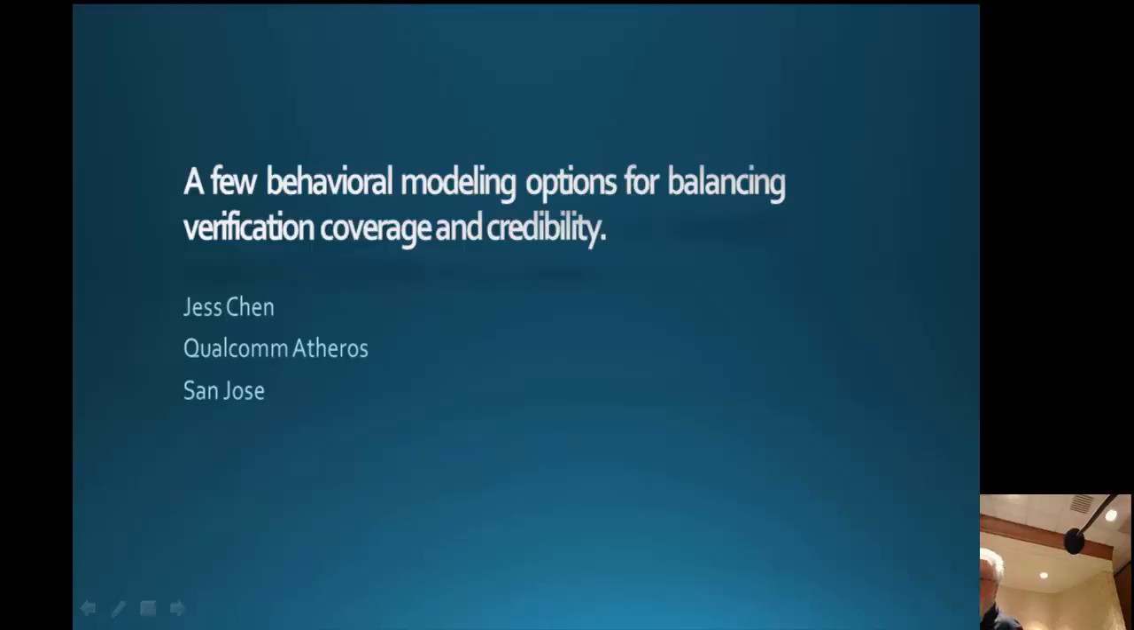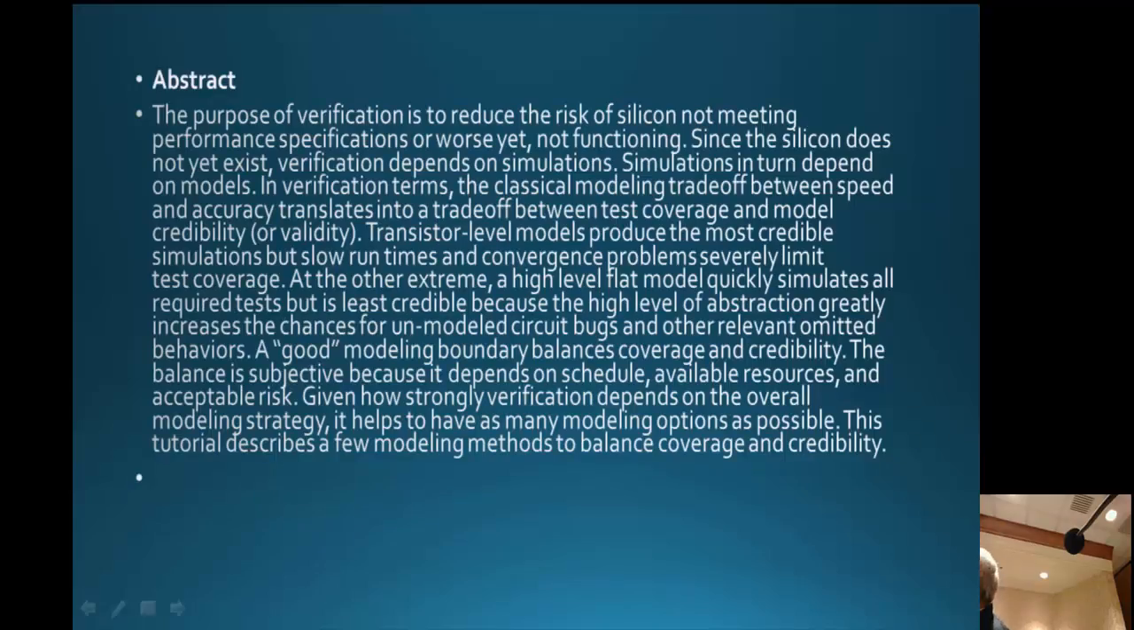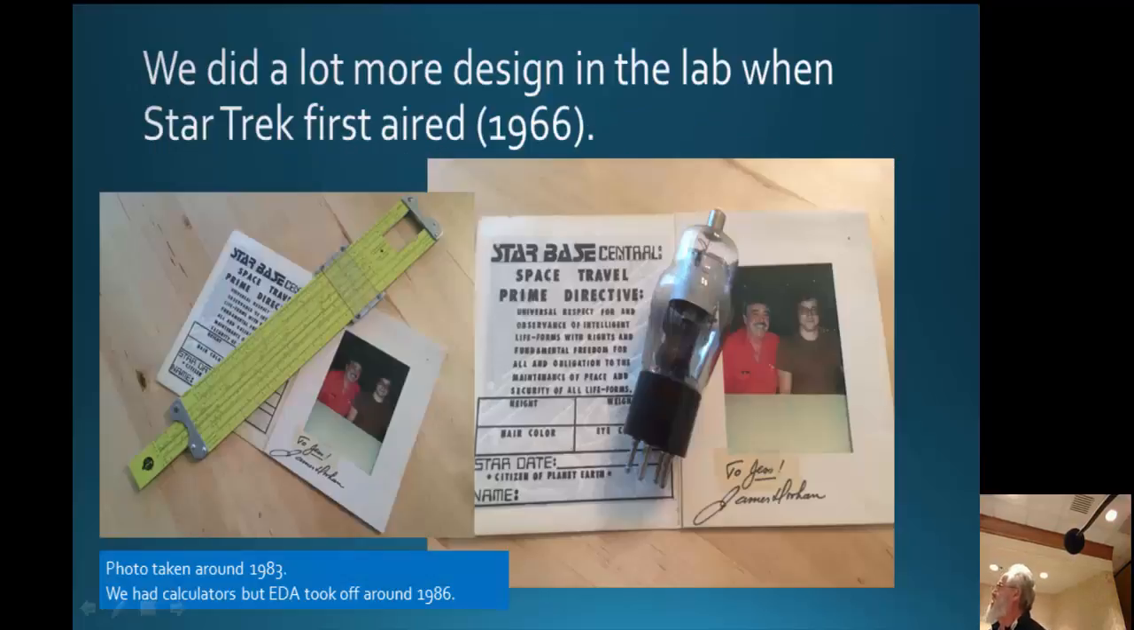Okay, so what I'm going to talk about is a few behavioral modeling options for balancing verification, coverage, and credibility. And I'll explain what that means. But first,